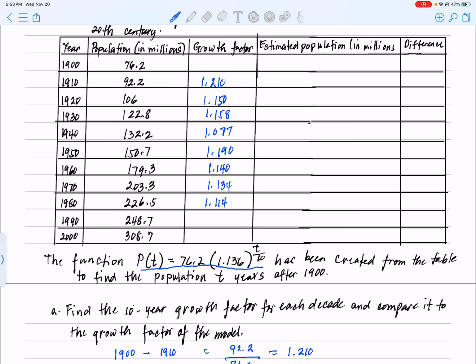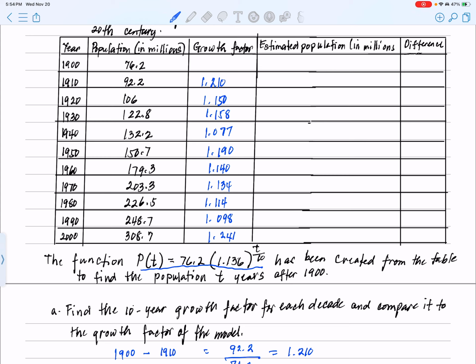We come up with 1.098. And the last is from 1990 to 2000, we have 308.7 divided by 248.7. We come up with 1.241. So the growth factor from the model itself is